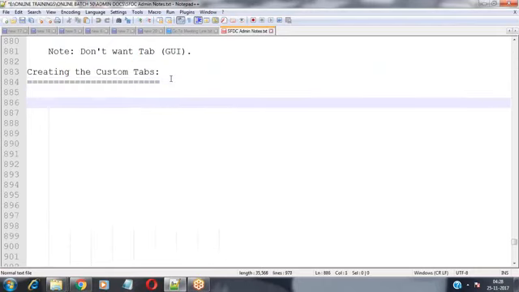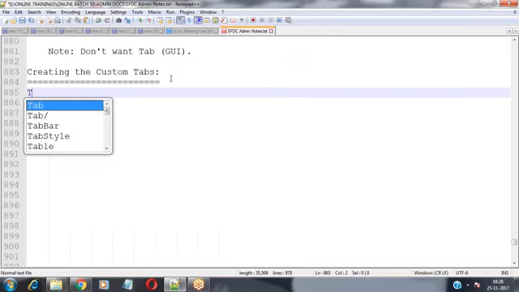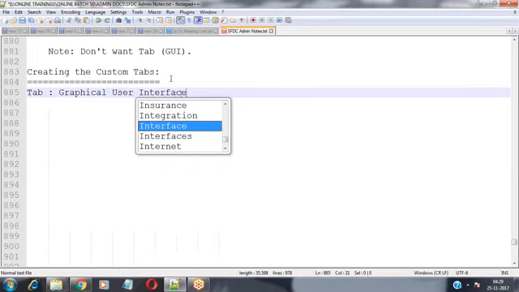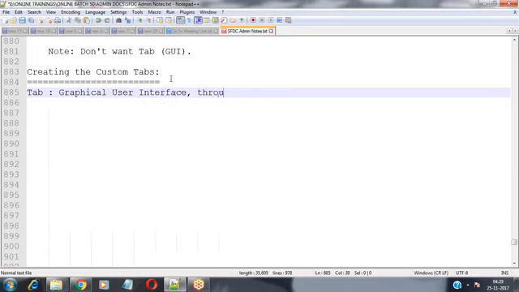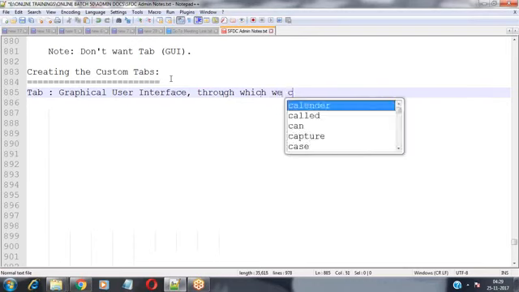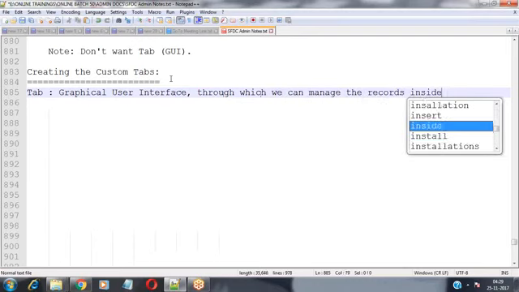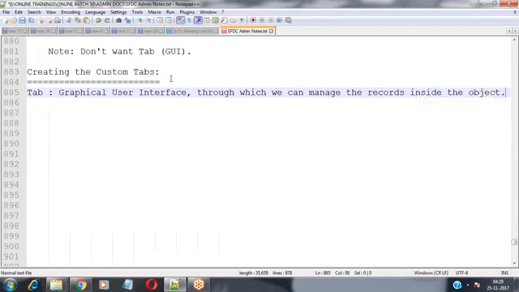So basically, what exactly is a tab? A tab is nothing but a graphical user interface through which we can manage the records inside the object.